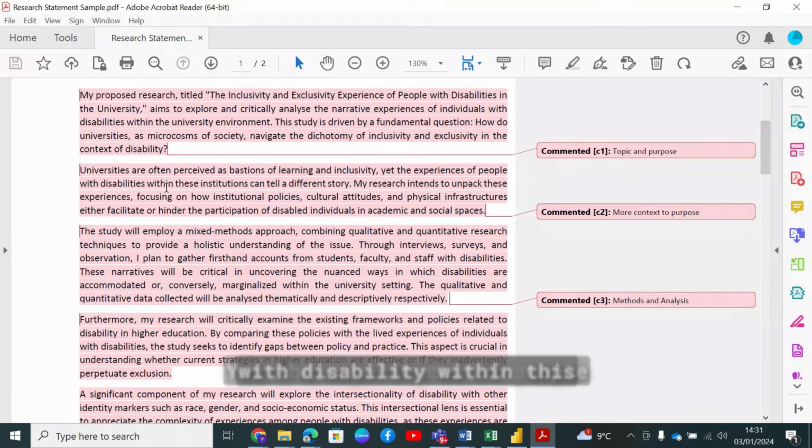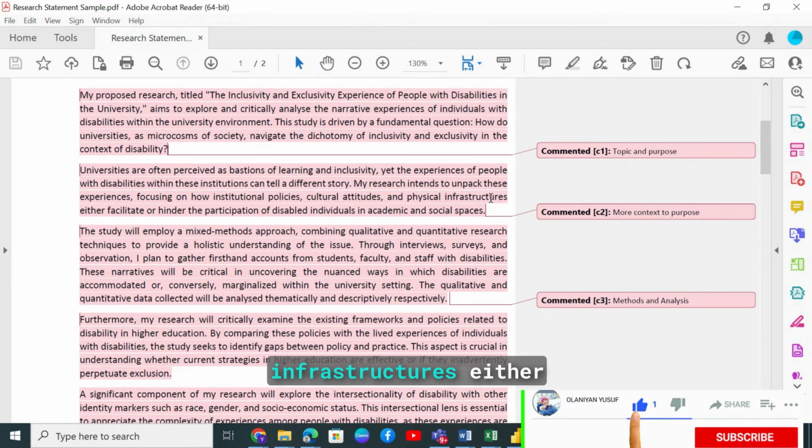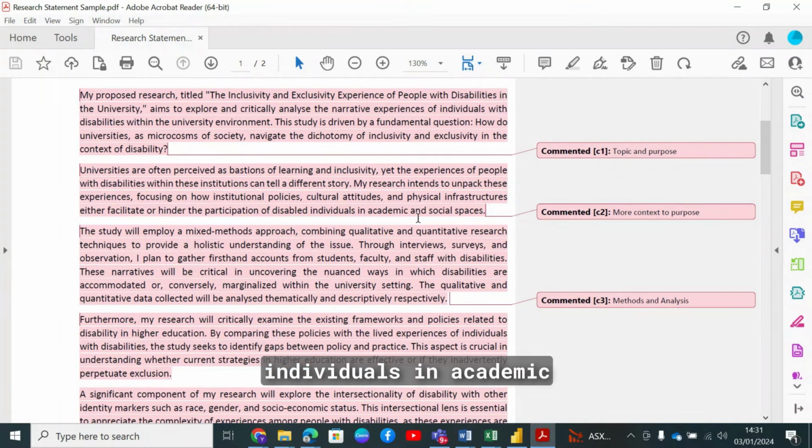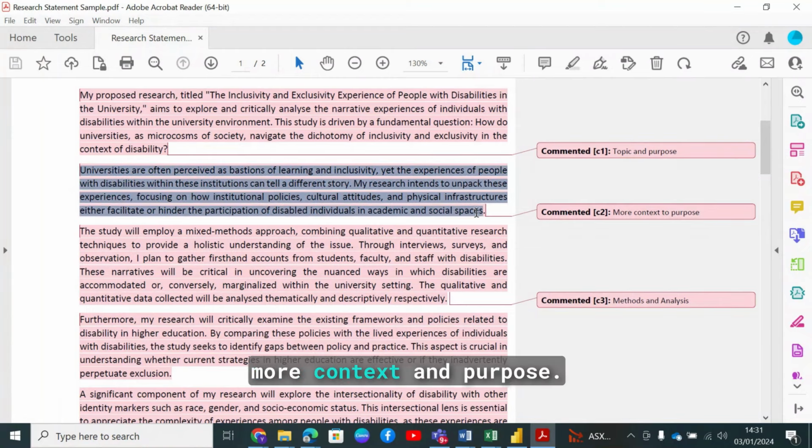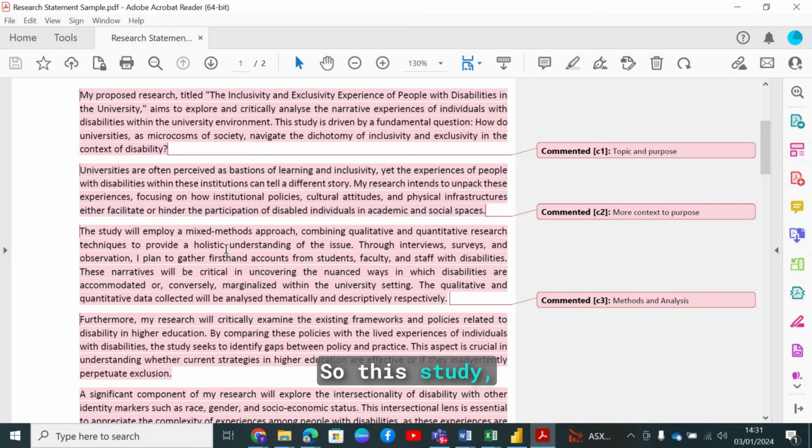Yet the experiences of people with disability within these universities can tell a different story. So my research intends to unpack these experiences, focusing on how institutional policies, cultural attitudes, and physical infrastructures either facilitate or hinder the participation of disabled individuals in academic and social spaces. So this is more context and purpose.